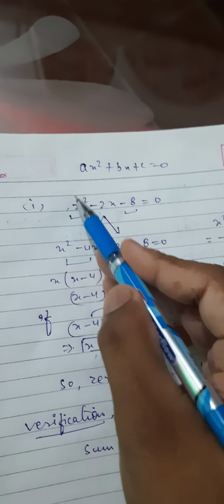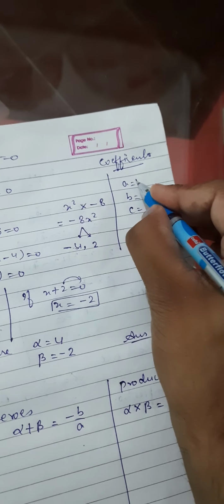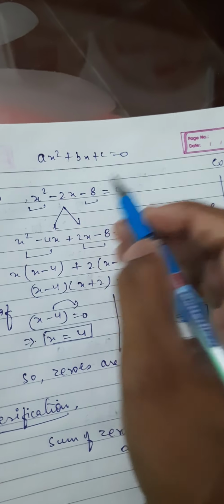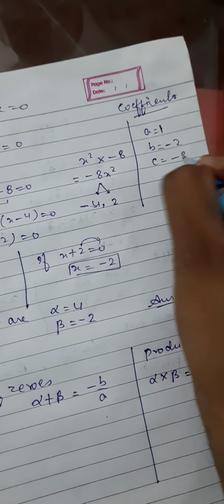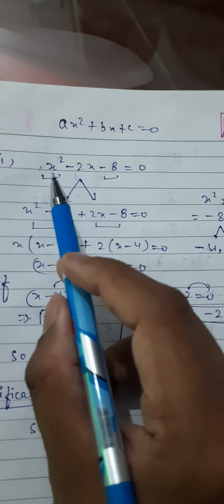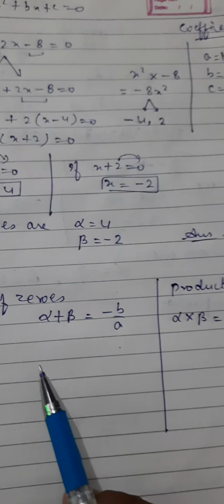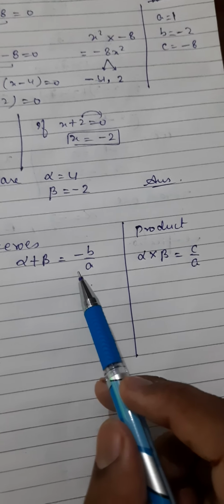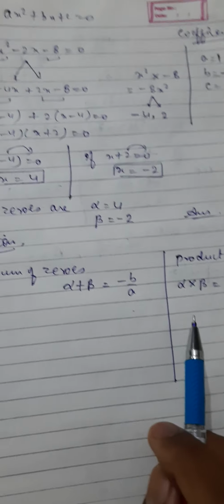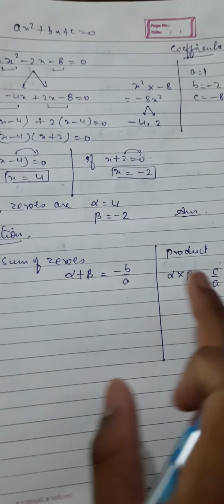So compare this. A value, what you can see here, if no any number we assume 1. Clear? So a value is 1. Compare b value -2 and c value -8. Okay, so a, b, c value we find from the given polynomial 1, -2 and -8. Okay, and these are alpha beta. So if alpha plus beta will come equal to minus b upon a, it will be verified. If the product alpha into beta will come equal to c upon a, then it will be verified. So both we have to verify. Okay, by verifying only one part we can't say it is verified, so both are compulsory.